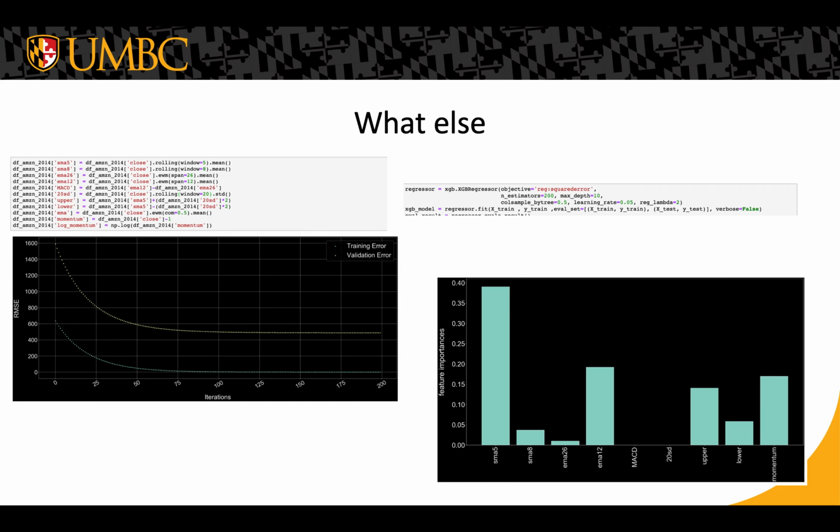So I plotted the feature importance. As you see, the smooth moving average 5, the Bollinger's band, the momentum, and the EMA 12 are pretty significant. So I decided to use them as features to train my LSTM model alongside my autoregressive outcomes. The reason I don't have the LSTM results is because the dataset is too big, so I ran into a hardware